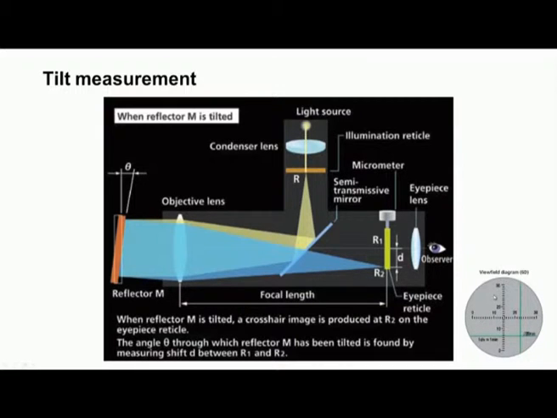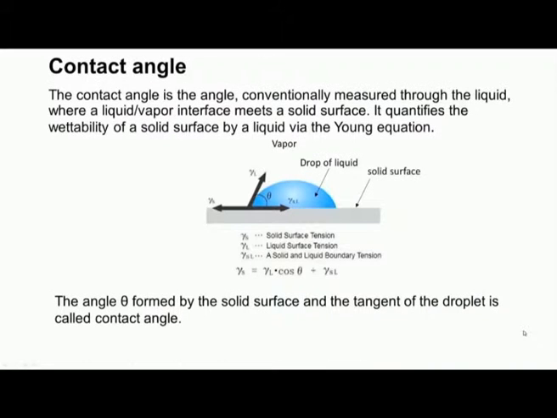Now, inside the view field diagram you can see here the cross lines. This is the reference point and you can measure what is the tilt angle. The least count is 1 division equal to 1 minute. So, by how many minutes the surface has tilted, that we can read.